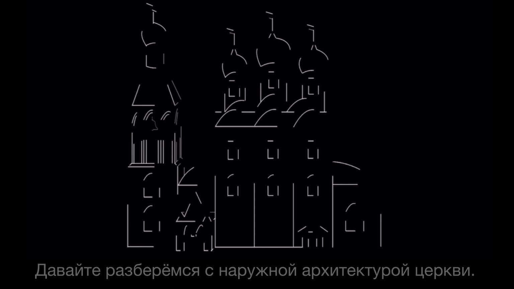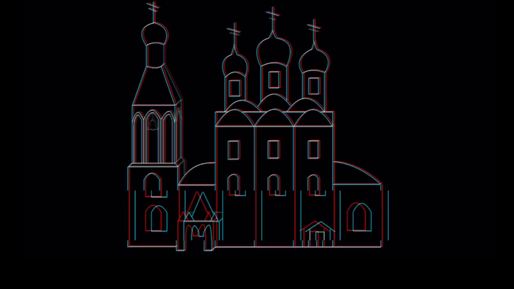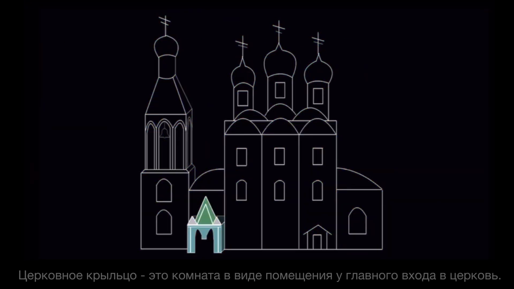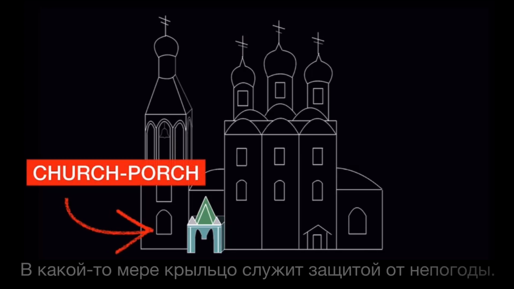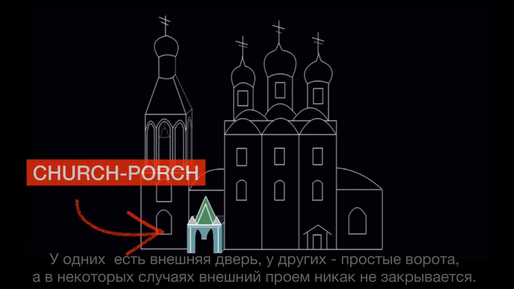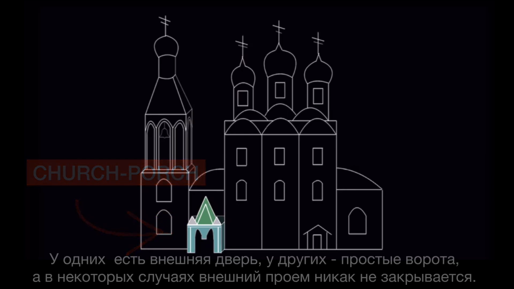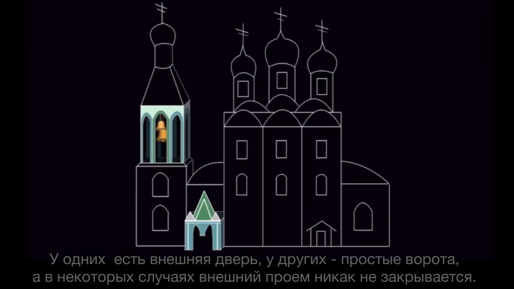Let's deal with the exterior architecture of the church. A church porch is a room-like structure at a church's main entrance. The porch protects from the weather to some extent. Some porches have an outer door, others a simple gate, and in some cases the outer opening is not closed